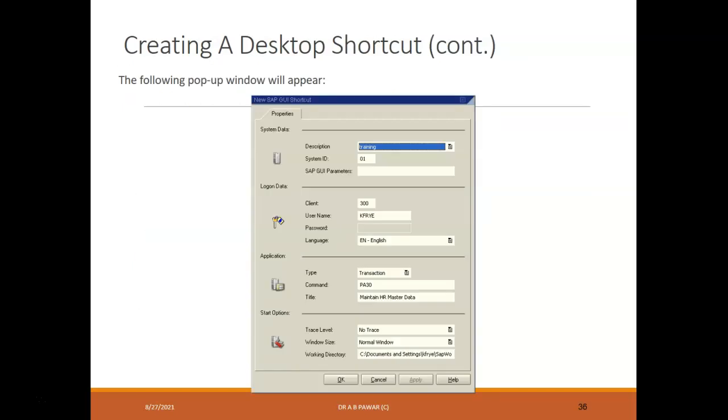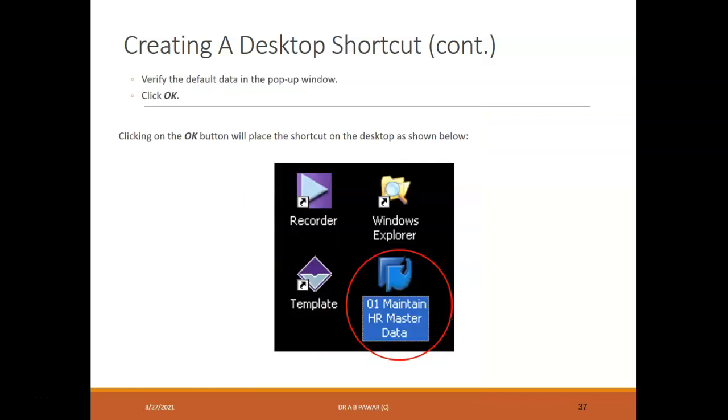Once you click on that shortcut option, you get so many details available: for whom you want to create it, where you want to create it, where you want to put that shortcut. All the details are available for your help. Then you will find it is created for particular HR data. So I can click on this every time and I will directly enter this screen in SAP Logon.